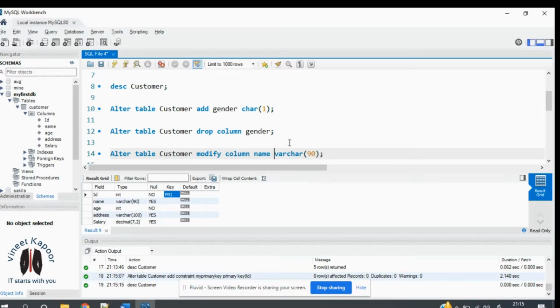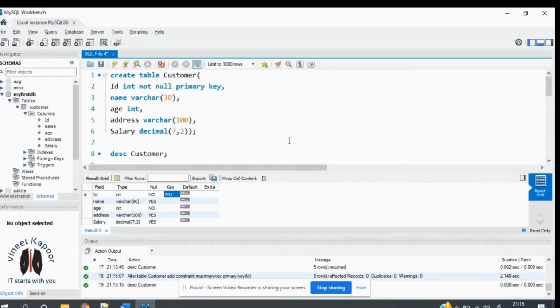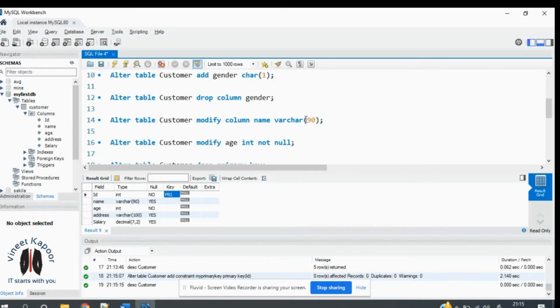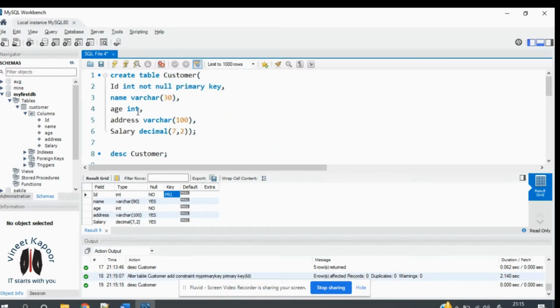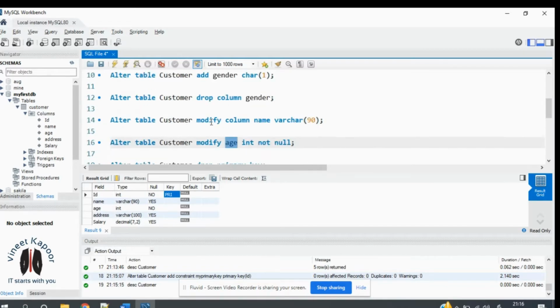Next, we modified the name attribute from varchar 30 to varchar 90. Next, age could be null, but after this command it will be not null. So we added the not null constraint using alter table name, modify column name, and then you have to give a data type, and then your constraint here.